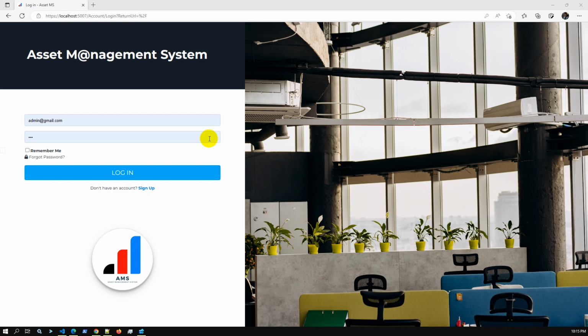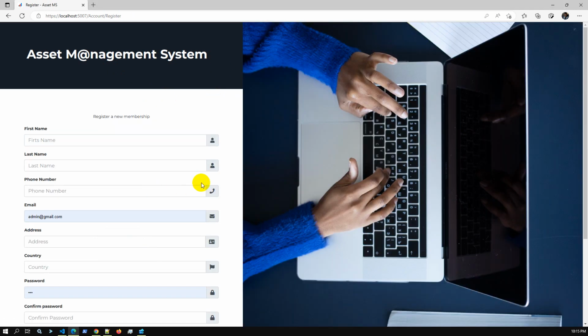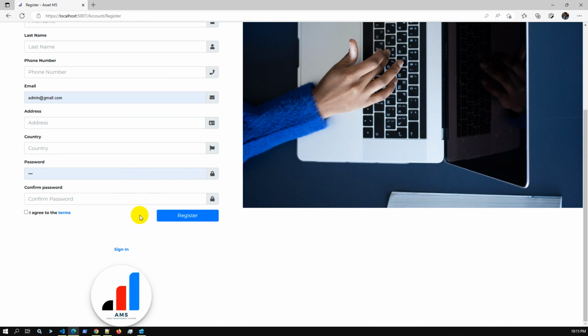Hello viewers, today we'll discuss the new release of the asset management system. We have updated the asset management system. Previously it was .NET 5. Currently we have upgraded to .NET 6, already updated in our previous version. In the current version we have updated the login UI system